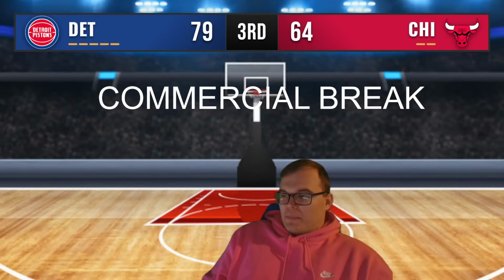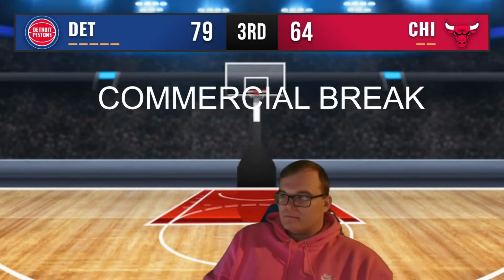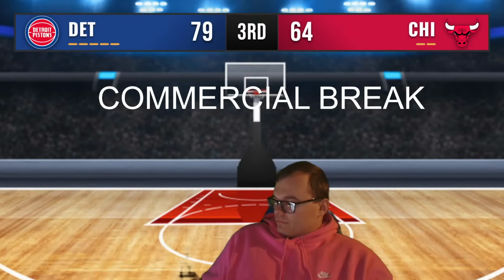Bulls get the basketball underneath here. Okoro puts up a crazy shot. He does get fouled, though, so Okoro's going to go to the free throw line. Yeah, JD almost has a double-double.